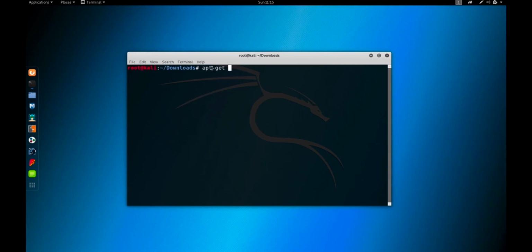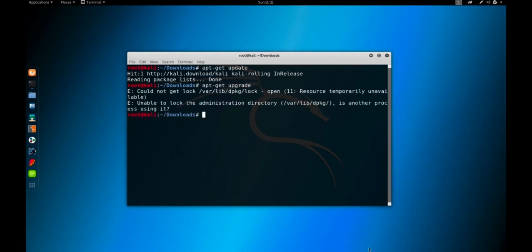First, I'm going to call apt-get update and hit enter. And as you can see, it's now reading the packages and it's updated for me. Since I'm using this Kali Linux all the time, it may have been a little fast for me. Maybe it will take some more time for you. But after you run apt-get update, I suggest you run apt-get upgrade as well. And this will complete our upgrade and update process. However, as you can see, I got an